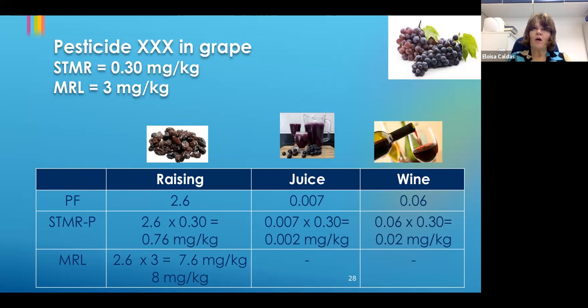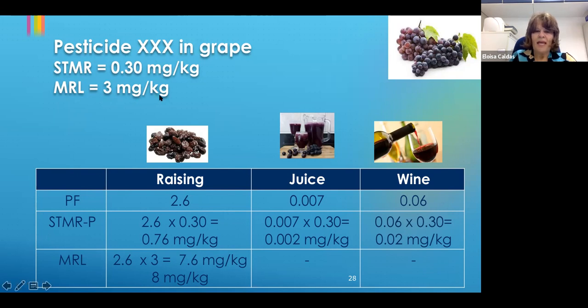Obviously, they will take that commercial practice for raisin production, juice production, and wine production into the laboratory, but try to really reflect what is happening in commercial practice. So here, for example, you have this compound, the STMR is 0.30, and the MRL is 3